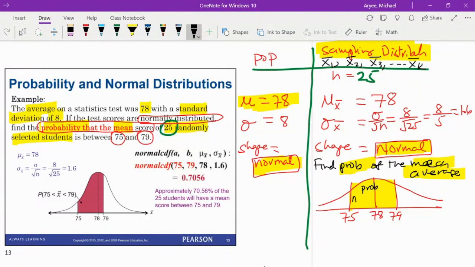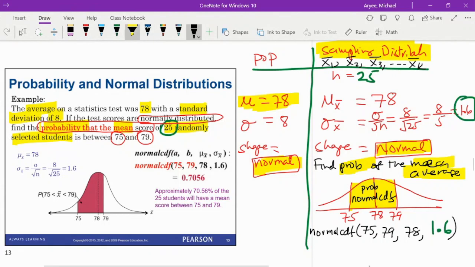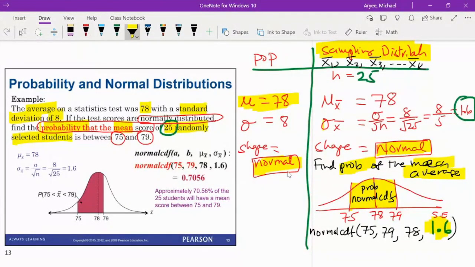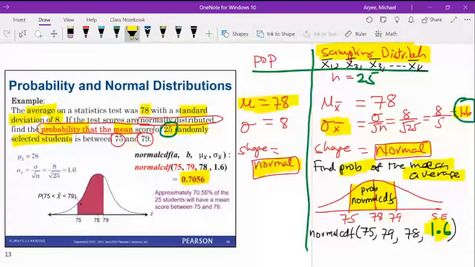If you want to find probability, you use normal CDF. That is how we find probabilities. So how would I do this question? Normal CDF from 75 to 79. The mean is 78. The standard deviation is this one, 1.6. Take note of that. Why? Because the standard deviation on this side is the standard error. We calculated the standard deviation on this side to be 1.6. And then you work it out, and that will give you 0.7